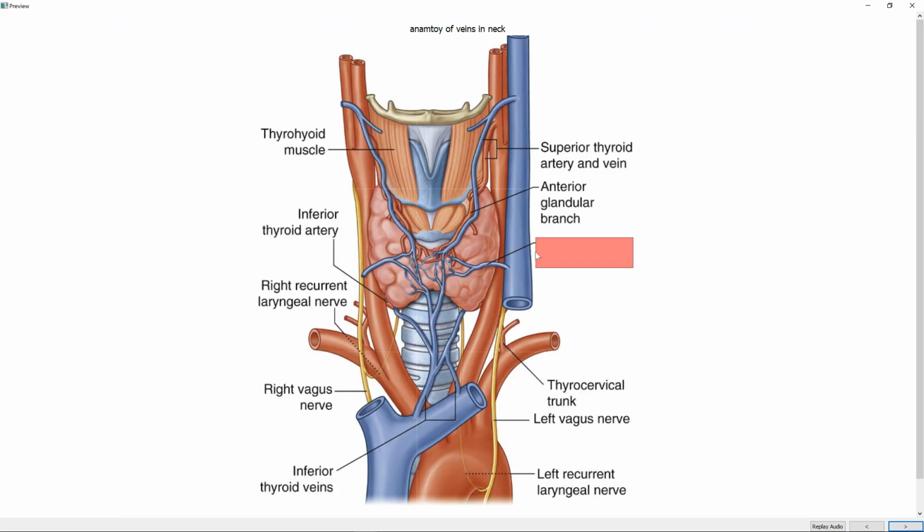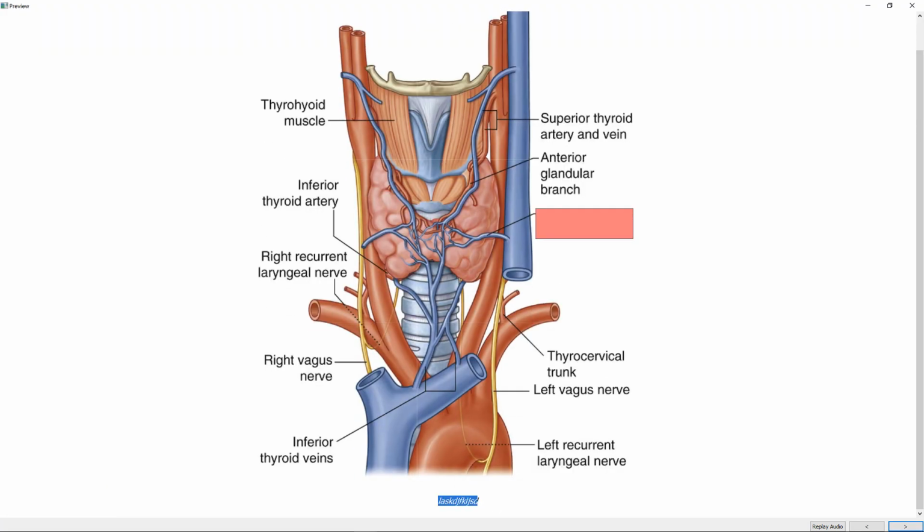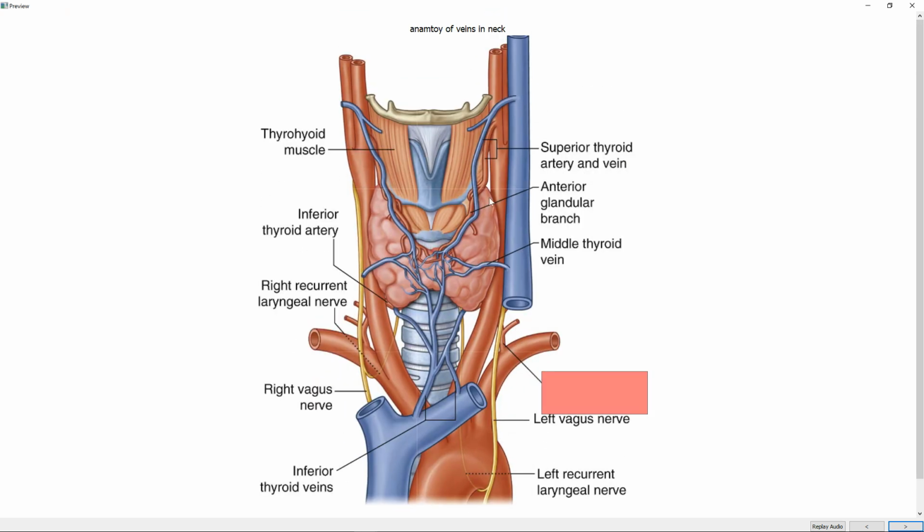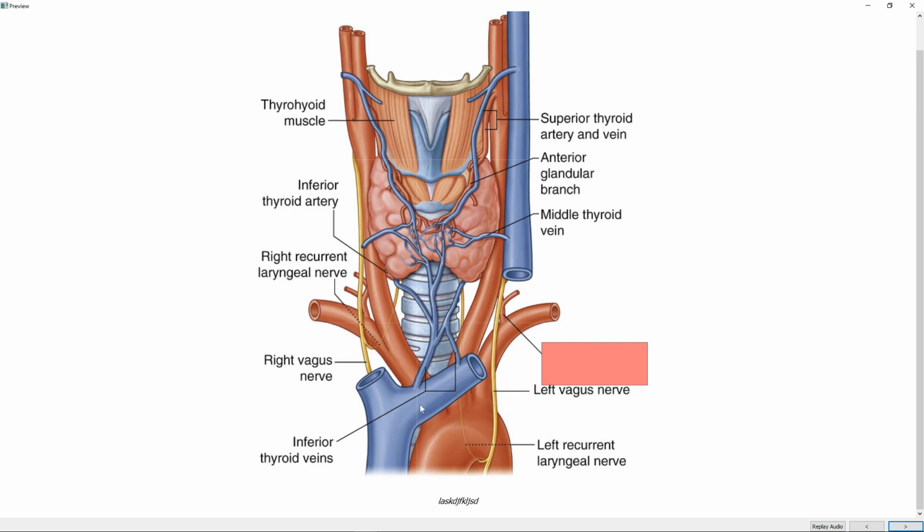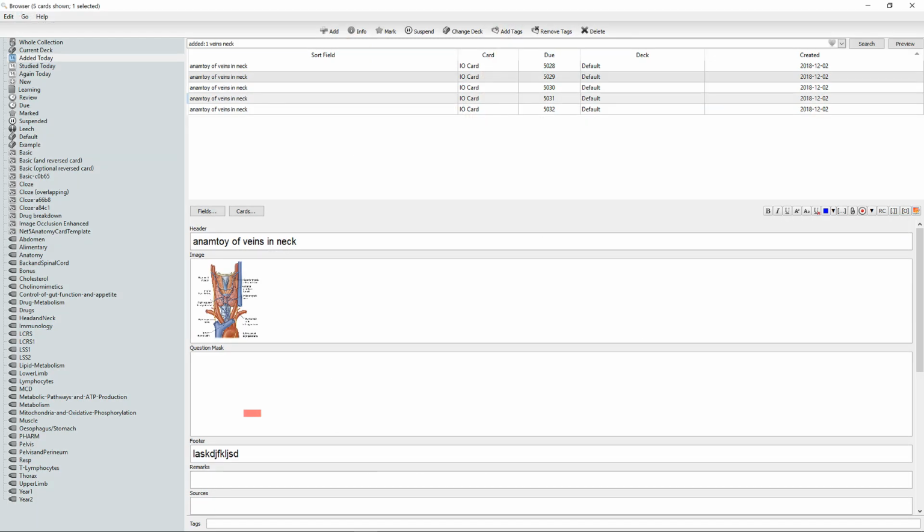And now if I click preview, you see at the bottom there's a footer at every single one. It might be a contextual tip for what you're looking at or something. But yeah, that will come up at the bottom of every card, even on the question side. If you go back in